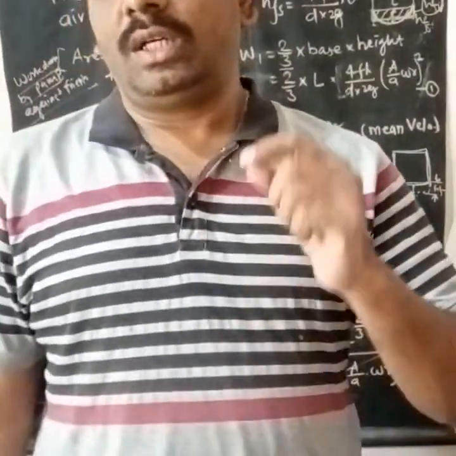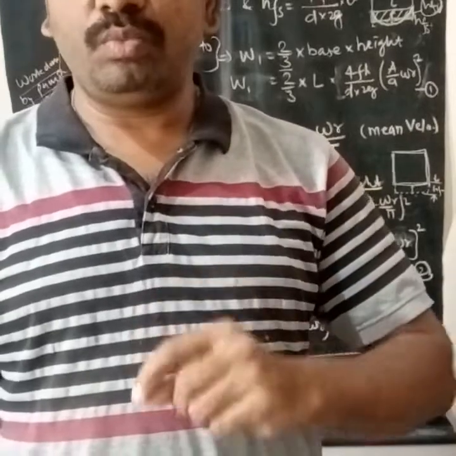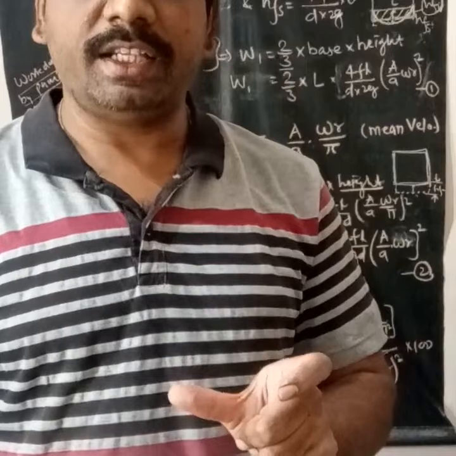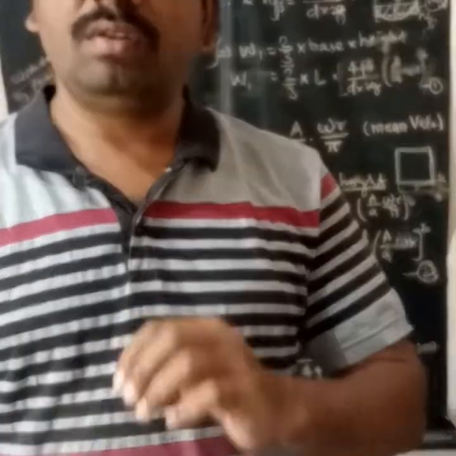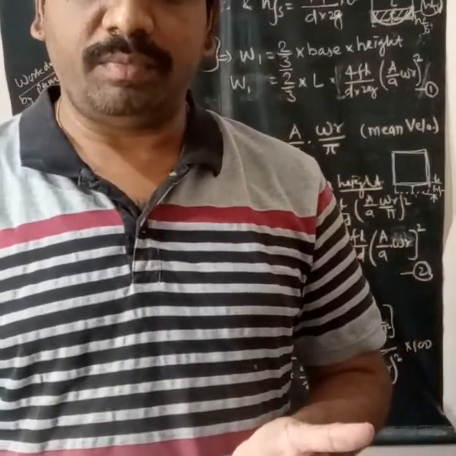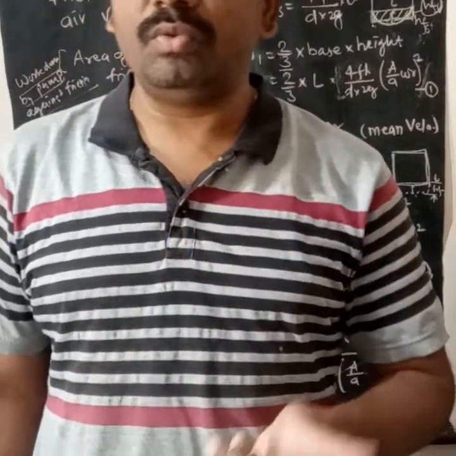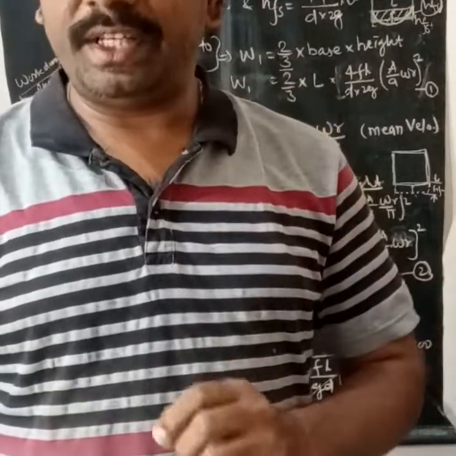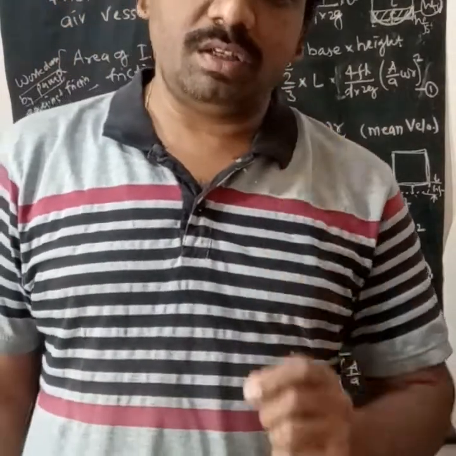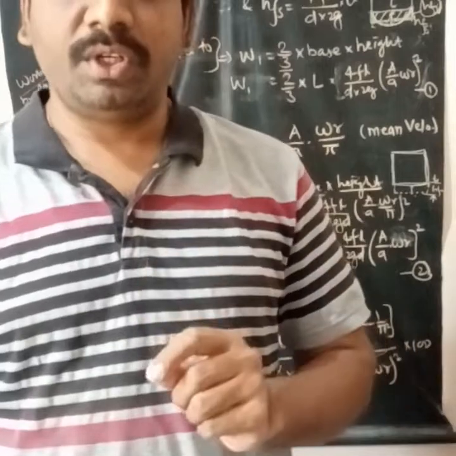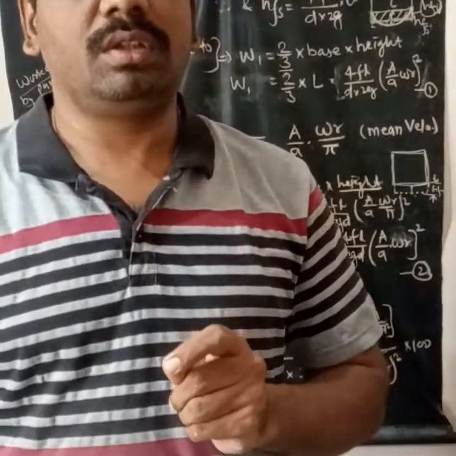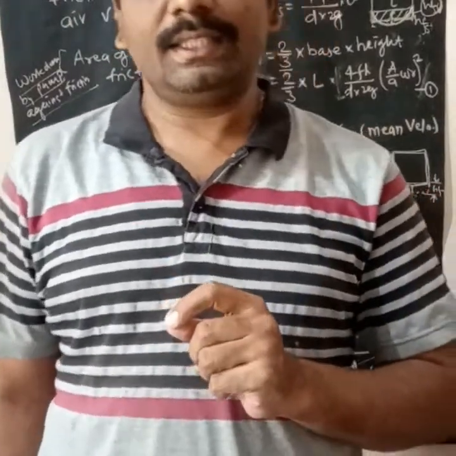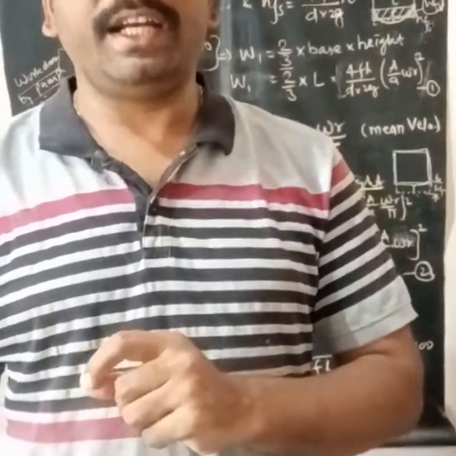But the head loss due to friction per stroke in case of the single acting reciprocating pump will be the same in case of the double acting reciprocating pump. So W1 will be the same, but W2 will be changed, and accordingly you will observe the percentage in case of the double acting reciprocating pump. Try to find out how much the percentage is going to be, which is obviously less as compared to the single acting reciprocating pump.